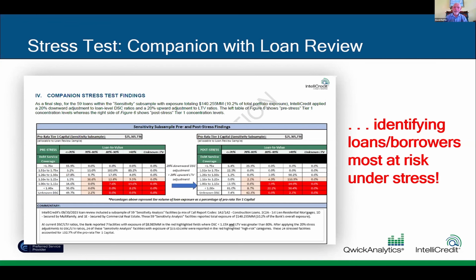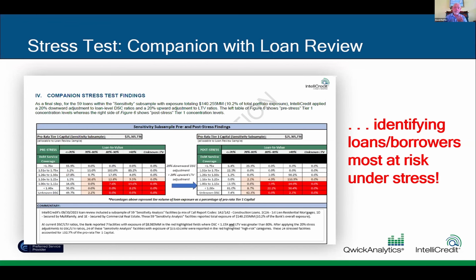But to the bank itself, they want to know: what are the loans I now have to treat as my top 10 suspects under a certain stress scenario? And that's exactly what we wanted to combine with some of the theoretical aspect of impact on capital. I will say this, and this again speaks to what Steve alluded to: this is not a loss predictor model for us.